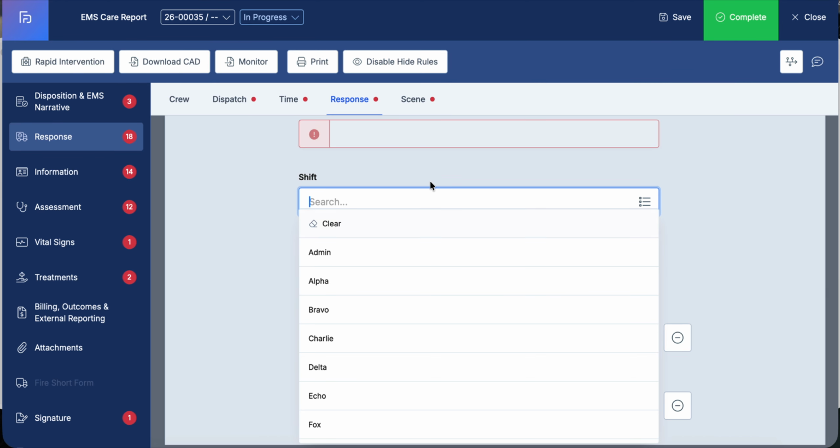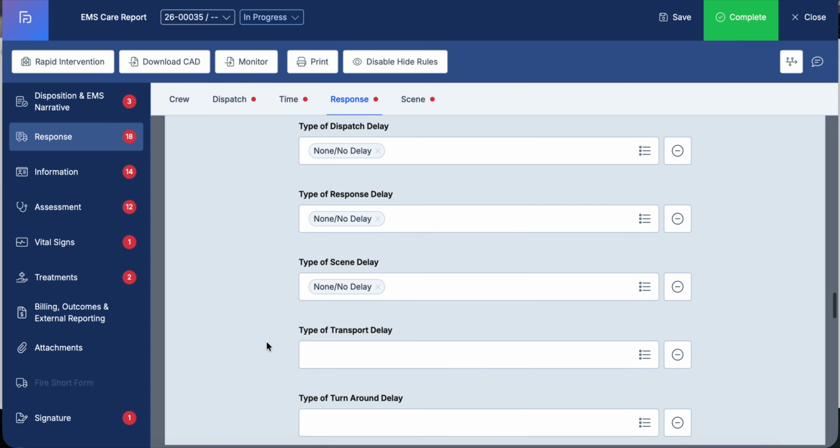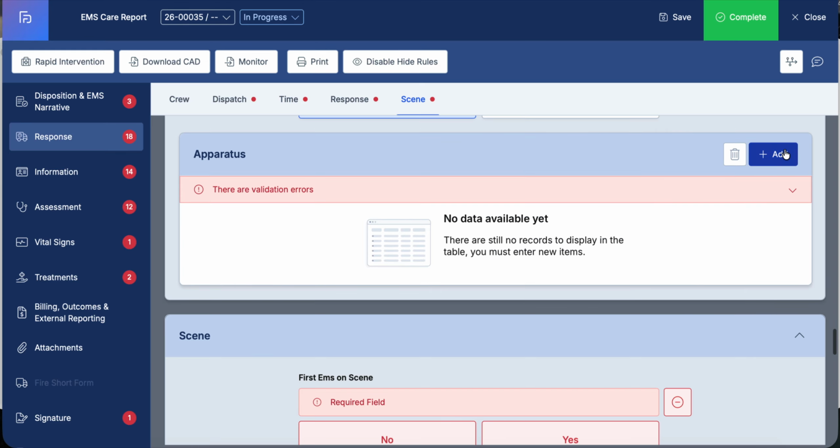Shift, you can just leave that blank for right now. There's more to come on that as well. Station is your station, and then any delays, you can put those in there. How you responded, and then apparatus,